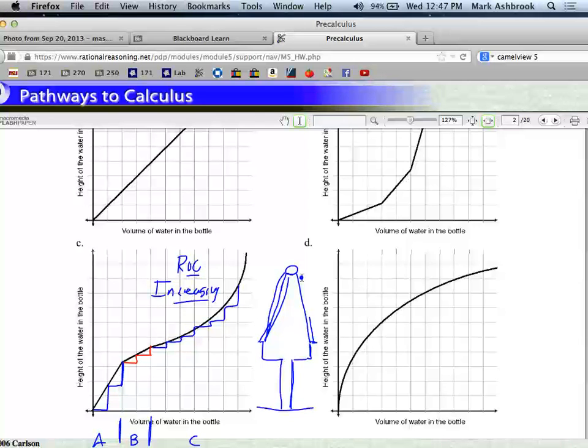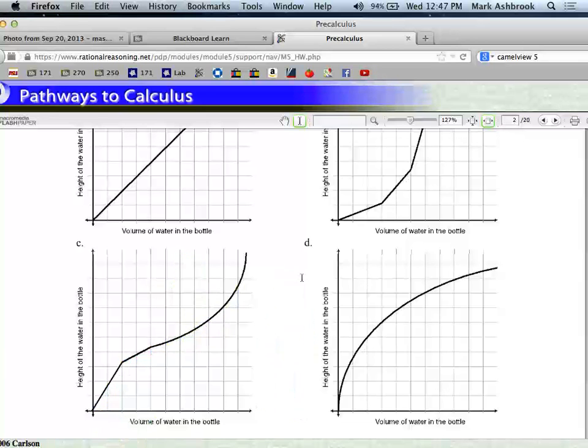I don't know what it is, but there's all different kinds of ways we can get narrower. We can get narrower like a bowl. We can get narrower this way. So which one of those shapes of the bottle results in true exponential growth? I don't know, but it's somewhere. It exists. Other questions? Okay, so quickly here, we're going to do